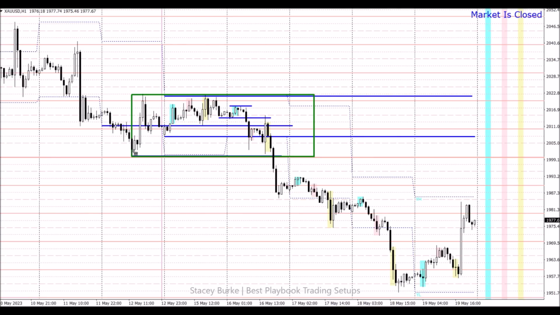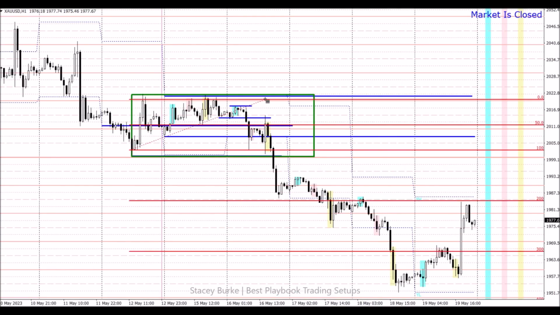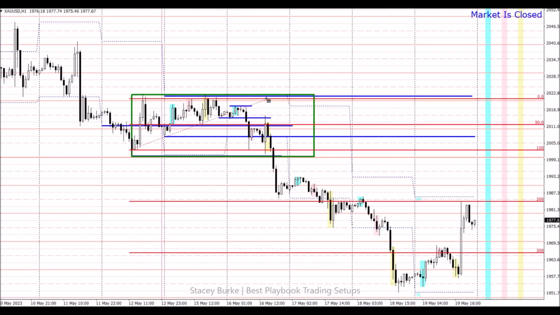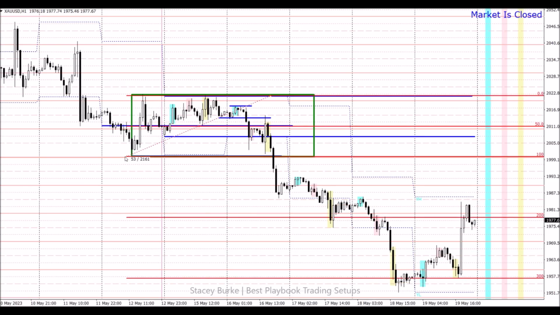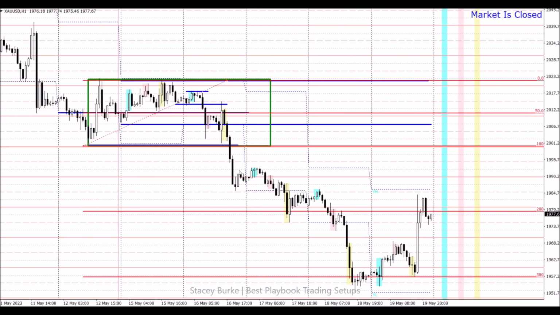And that box, body to body, can offer us the potential for a range expansion as a projected profit target if indeed this market is moving and breaks out. We have our opening range, Monday's high low. The market breaks out on Tuesday and continues. It breaks out of our geometrical structure, Friday's high low. We have a potential measured move for the session if you're trading in that